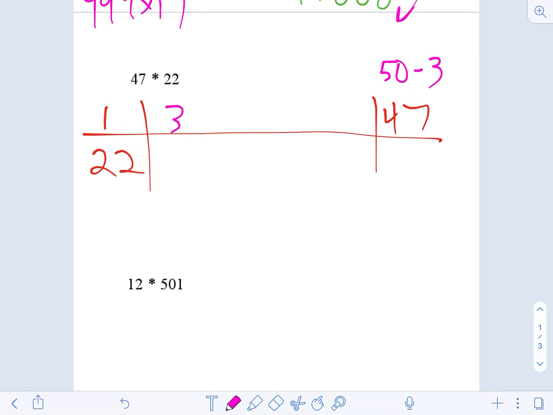What's 3 times 22? Well, 3 times 2 is 6. The other 2 is 6. 66. Awesome. 3 is done. Now we need 50. Mr. Schneider, are you saying we do 5 times 22? Well, you could. That's legit. But what if, watch this. What if you want to get 50? So instead,